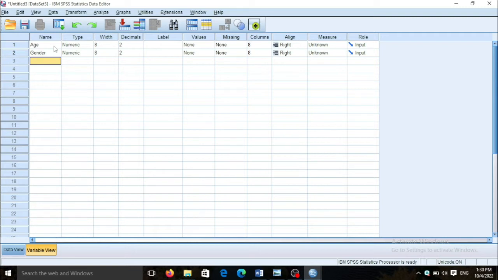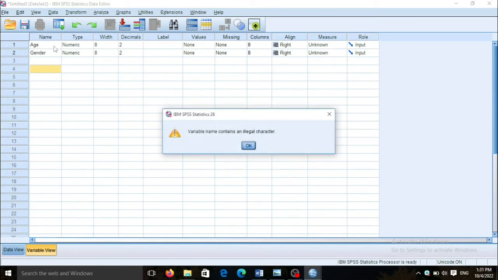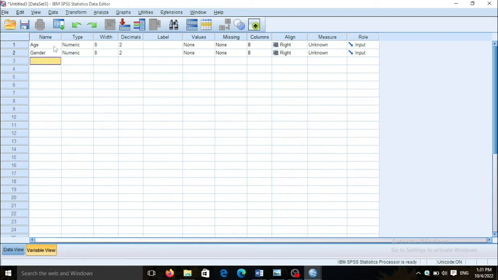And you must know that there are symbols that can't be used in, for example, variables, and I use a space here, and the space tells me that it is an illegal character. Similarly, you can't use dash or other symbols, and most of them are banned by SPSS. So